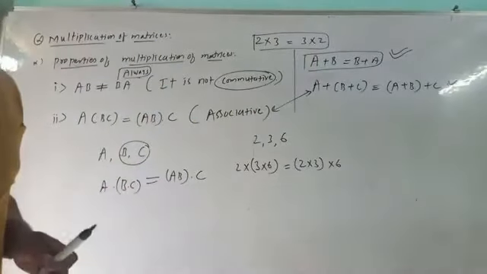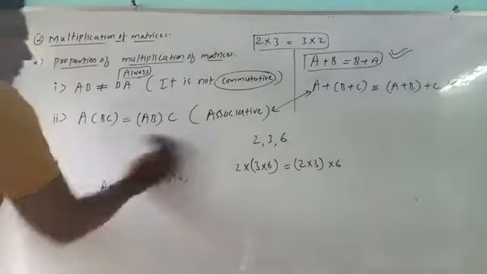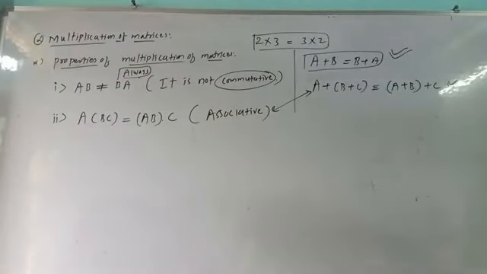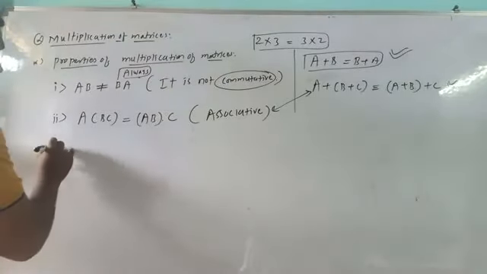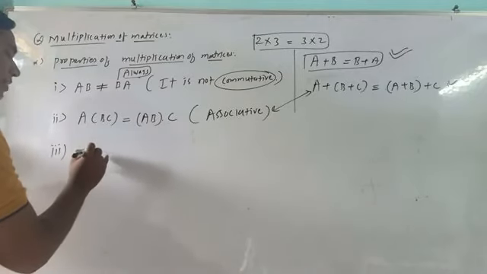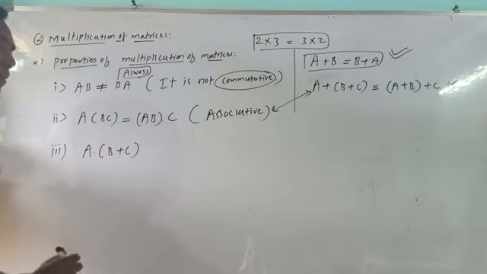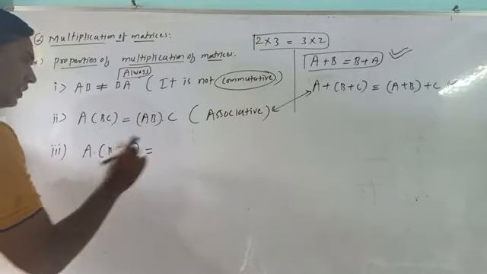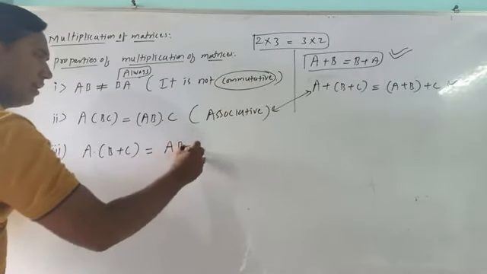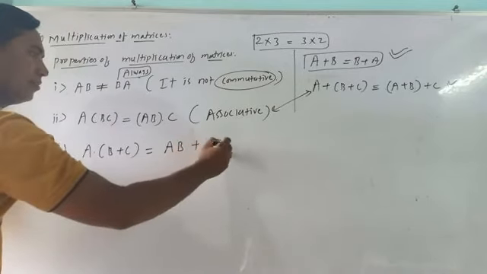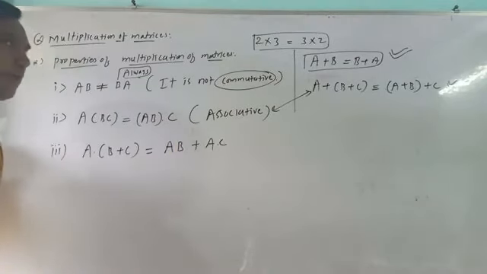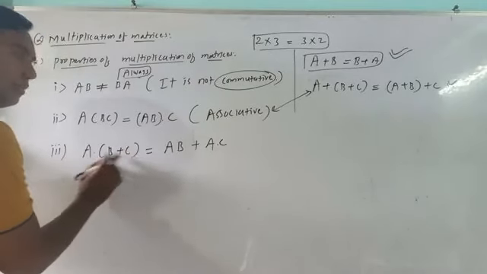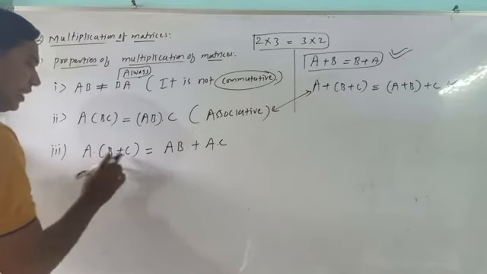Okay, now the third one is said to be the distributive property. What is the distributive property? If there is a matrix A multiplied with B plus C, you know very well about that one. Then first we multiply A with the first matrix, A into B, with a plus in between, and then A into C. This is said to be the distributive property: distributing A to both B and C. A into B, plus, then A into C.